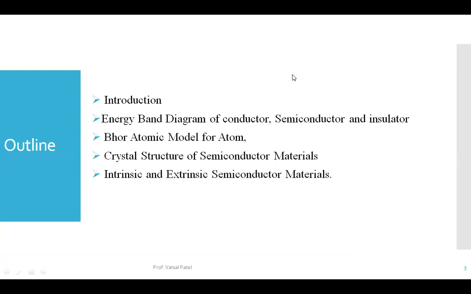I will give you some introduction about semiconductor materials and how they are formed. Then we'll discuss the energy band diagram for the conductor, semiconductor and insulator. Then the Bohr atom model for the atoms, the crystal structure of the semiconductor material, and extrinsic and intrinsic semiconductor material. So this many parameters we'll discuss in this unit number 6. So first of all,